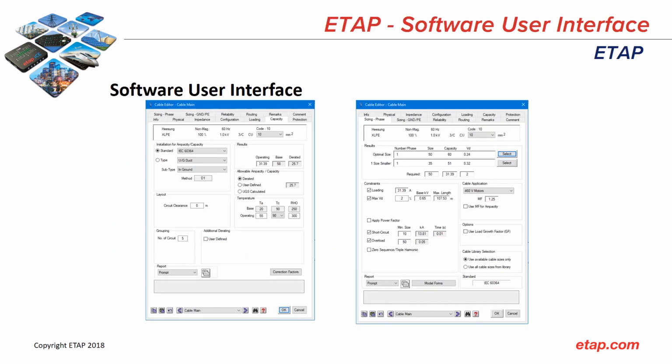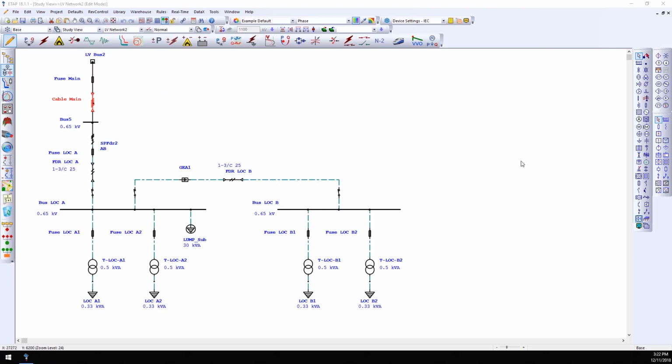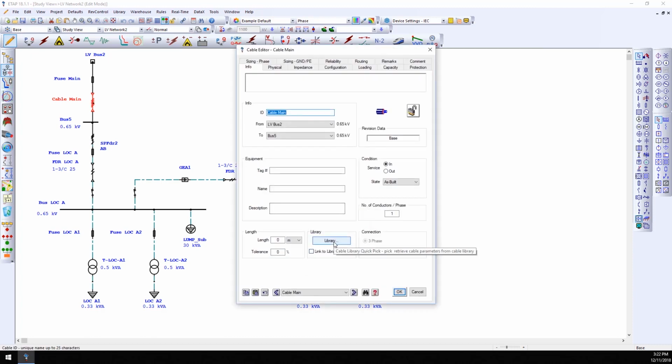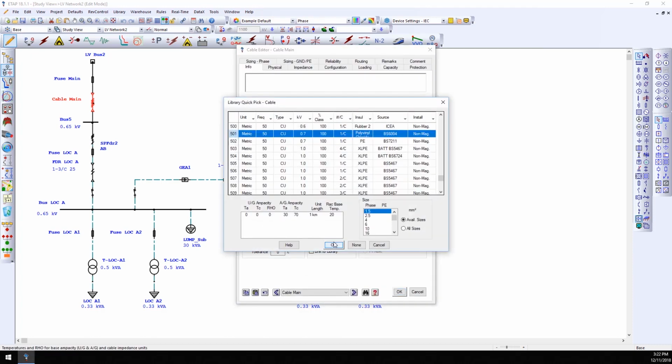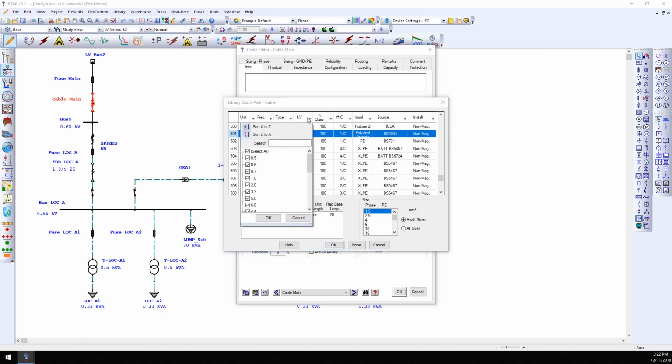Moving on to the software user interface. I will be using ETAP 18.1.1 to perform this sample calculation. In order to perform ampacity calculations, we first need to go to the cable editor and select a cable library. Since I want to perform capacity calculations based on low voltage standard, I will select a 1 kilovolt cable,